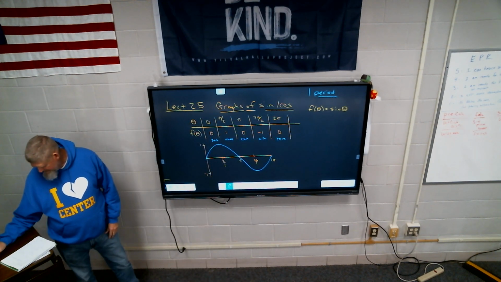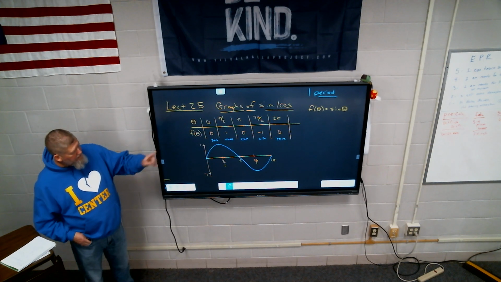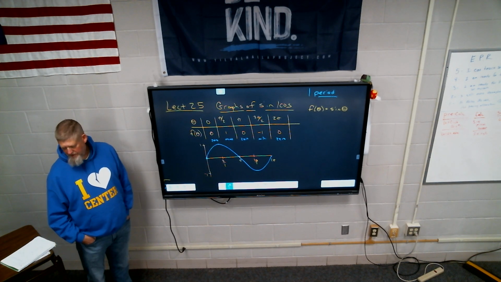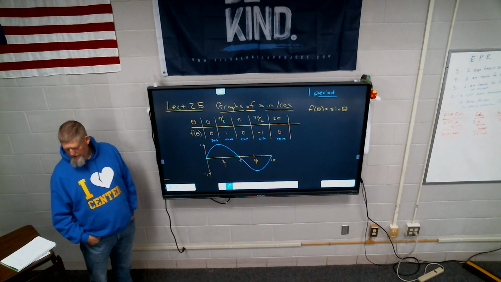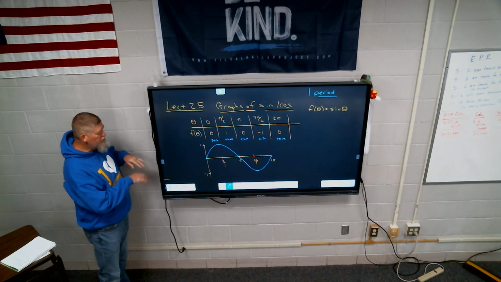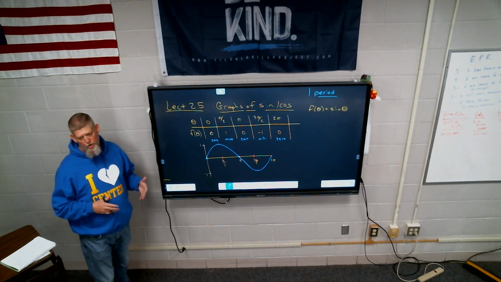So it would be f of x of theta, or? I wrote f of theta and sine of theta. You could write f of x and sine of x. You could write f of b and sine of b, as long as they match. Okay? All right, now, as we look at this, if you remember back in Algebra 2, probably in Algebra 1